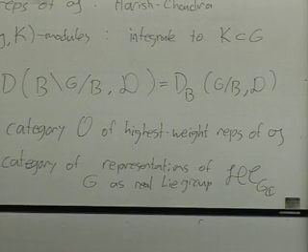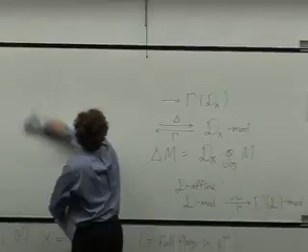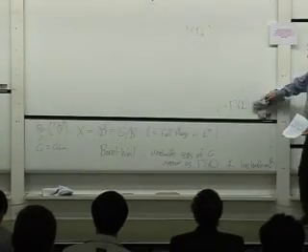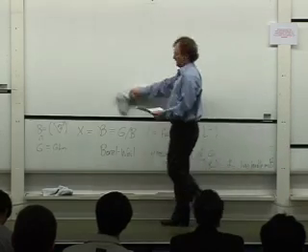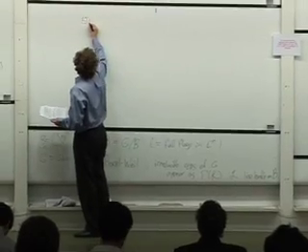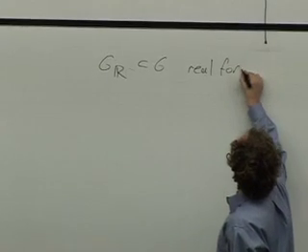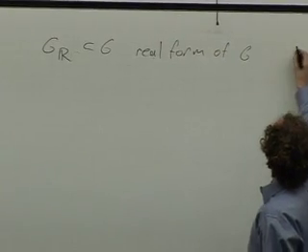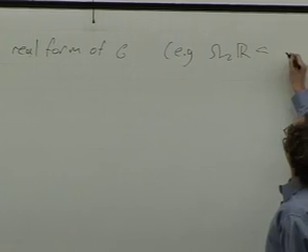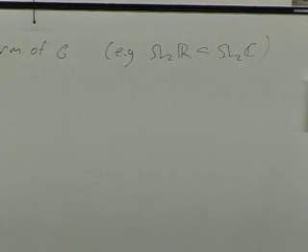So another class of representations that I get this way that's of great interest is if I want to replace complex groups by real Lie groups. So suppose I want to understand representations of a real Lie group. Suppose G_R is a real form of my group G. So I'm going to think, say, of SL2R inside of SL2C. Then I might be interested in studying the category of representations,